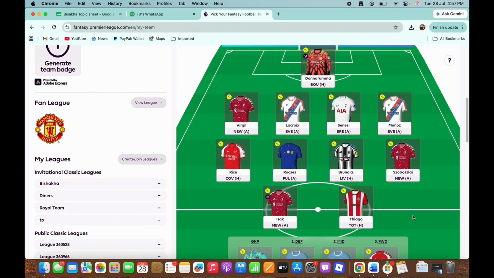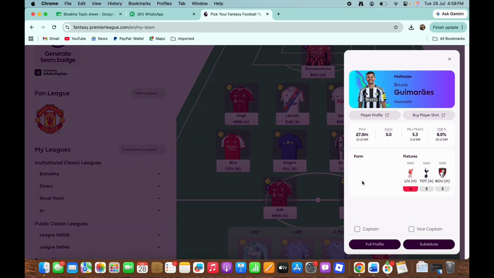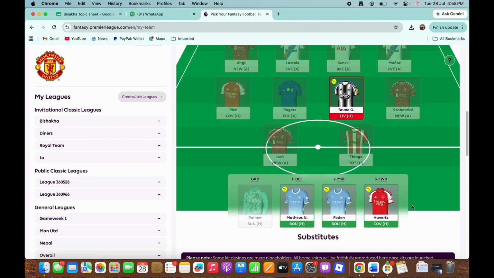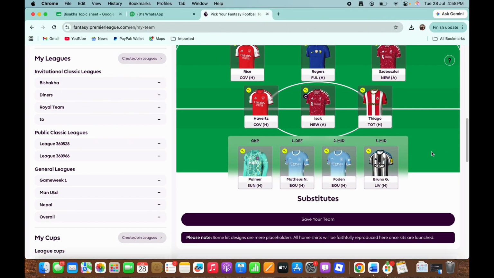So in order to change it, for instance, if you want 3 forwards and 3 midfielders as your formation, as you can see, I right now have 4 midfielders. So in order to add 3 forwards, tap on the midfielder that you want to remove from the squad and you will see the option for substitute. So tap on the substitute option and then go ahead and select a forward player instead of another midfielder as the substitution player, and then tap on the substitute option you see there,